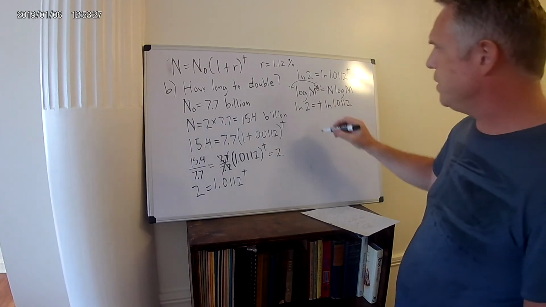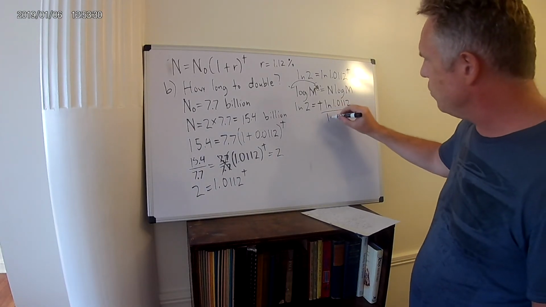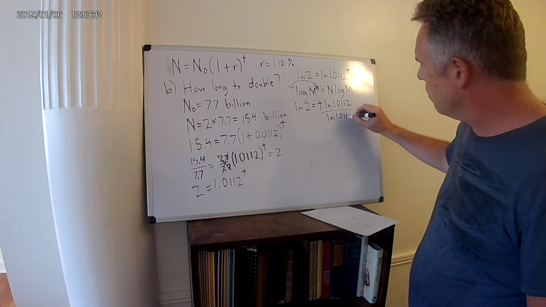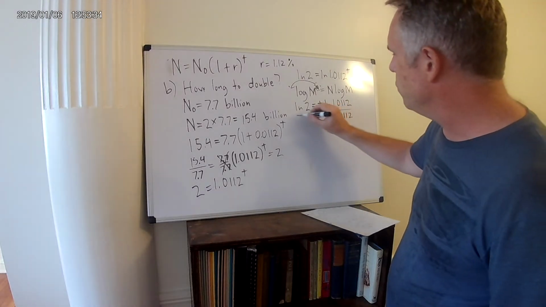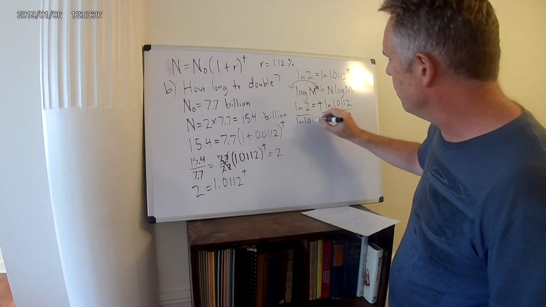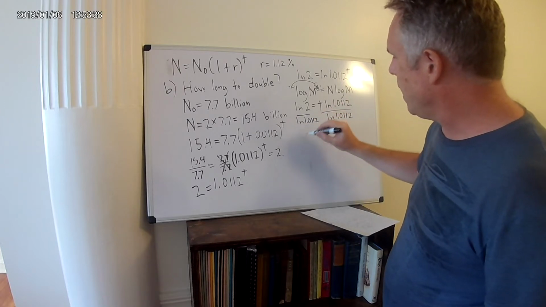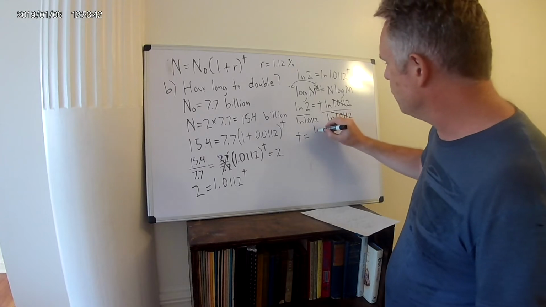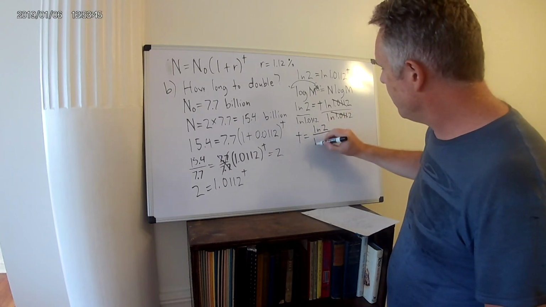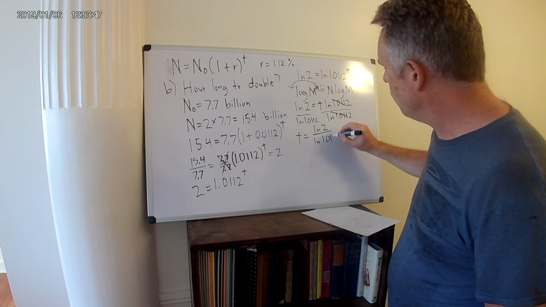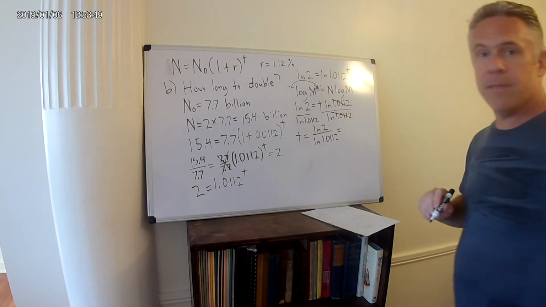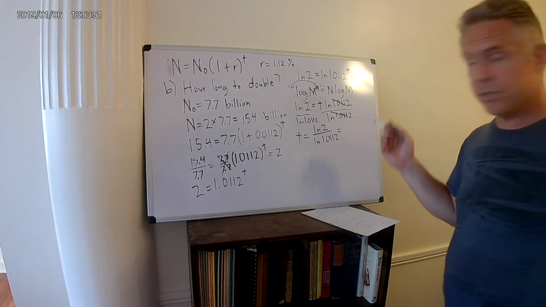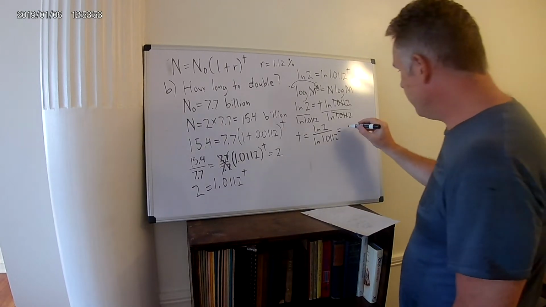And now I want to solve for t. The way I solve for t is I'm going to divide both sides by natural log of 1.0112. That isolates t. These cancel out, and I get t equals natural log of 2 divided by natural log of 1.0112. And now it's calculator time. I can plug this into my calculator, and if you do, you get